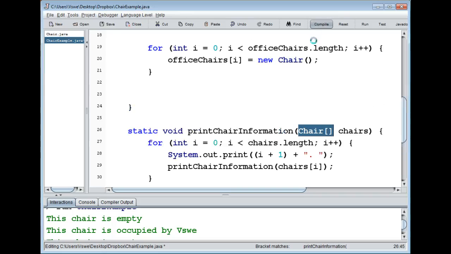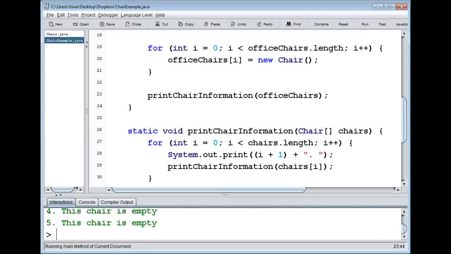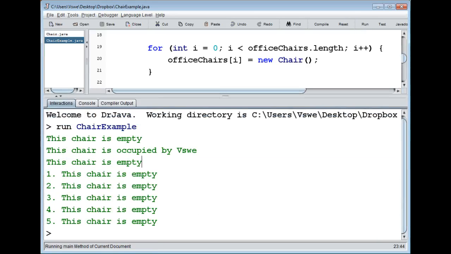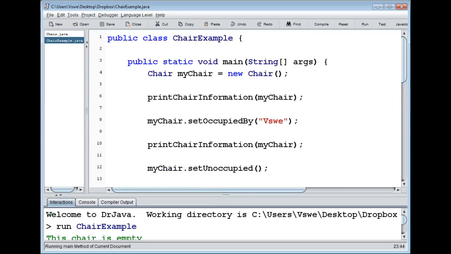So if I compile it now, it's working. And if we want to print out information, I can do printShareInformation like so, and then you just give it our officeShares like that. Hit compile, and then it's just a matter of running it all. So now it's going to first print out the other example that we had, and it's going to print out 1, this share is empty, 2, this share is empty, 3, this share is empty, and so on, because all of them are empty. But that's no fun, so let's create a scanner and allow the user to